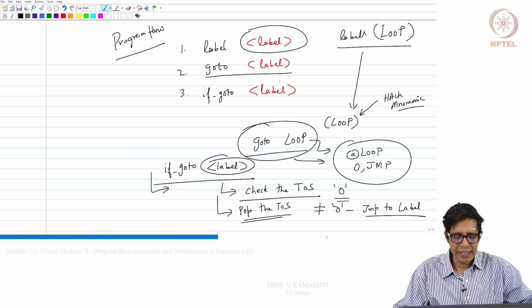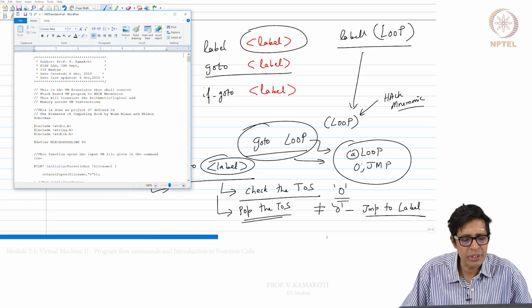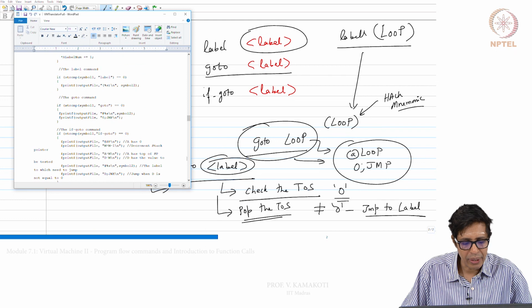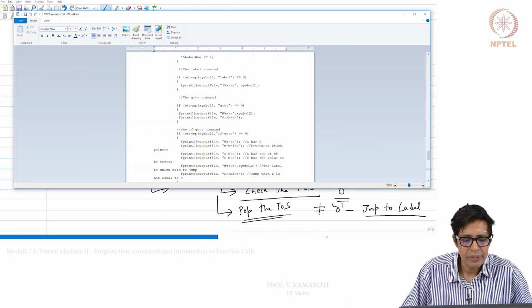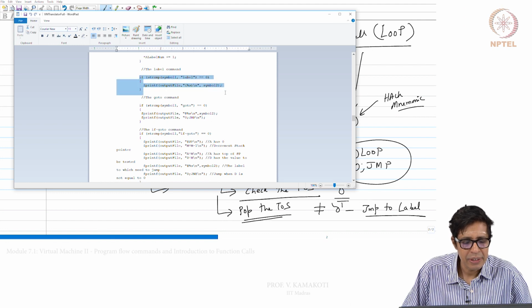So, this can be very easily implemented. Let me just go through the implementation which we have done as a part of project 8. As you see here, if it is just a label, we are just printing it as a semicolon followed by that label.